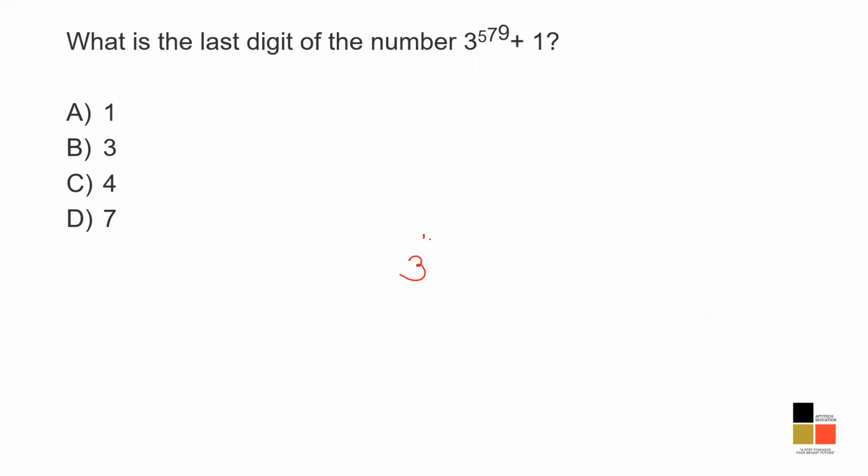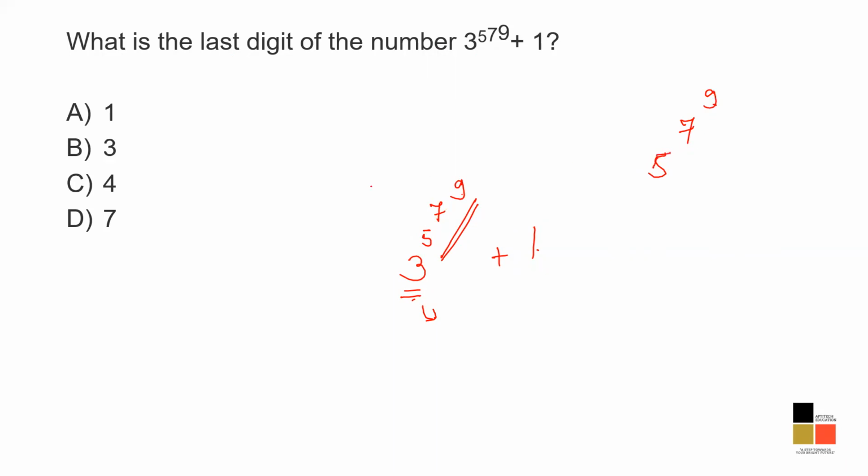The number is 3 raised to power 5 raised to power 7 raised to power 9, plus 1. Common sense says I'm not going to sort out this whole thing, do the expansion, add 1 and get the answer. That is what my common sense is saying. But my logic says that whatever the power of 3 has to be, it would be somewhat related to 5 raised to power 7 raised to power 9.